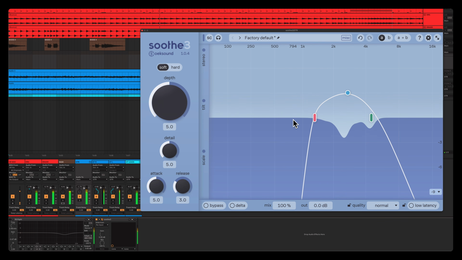Next, I'll adjust detail. For most issues, lower values tend to work well. I'm looking to reduce excess energy across a broader area that's affecting the tonal balance. What I don't want is to delete all narrow resonances, as that's the character that allows these guitars to cut through the mix. Settings in the lower range give a result that's comparable to our EQ move, while still allowing